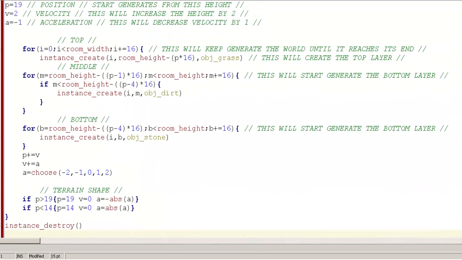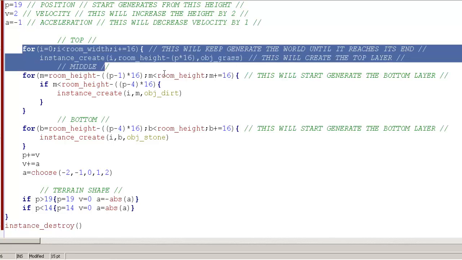Now pause the video, write the code down if you need to, copy and paste it from the description below, and also change these 16 by 16 thingies with the size of your sprites if you need to. And yeah, you see this right here,